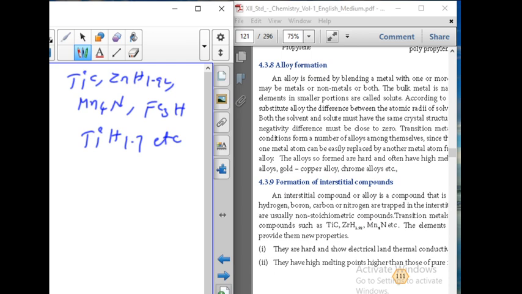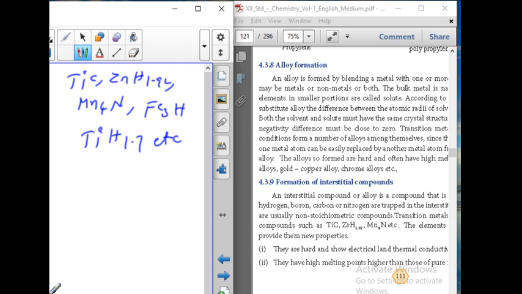Transition metals form a large number of interstitial compounds like these examples. By the formation of interstitial compounds, there are a lot of uses for us. That is, metals become very hard. In the normal pure metallic state, we can feel it is somewhat softer. By the formation of interstitial compounds, they become very hard, and they increase the thermal conductivity, they increase the melting points, they increase the tensile strength when compared with the pure state. For example, any metal in pure state has a low melting point. After the formation of an interstitial compound, it can show a high melting point.